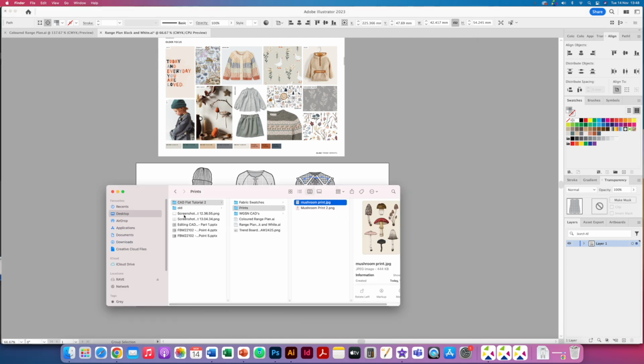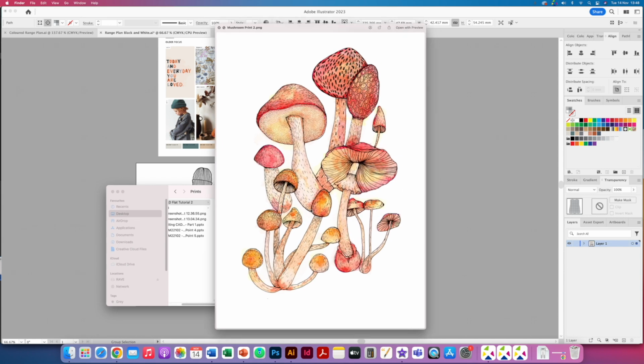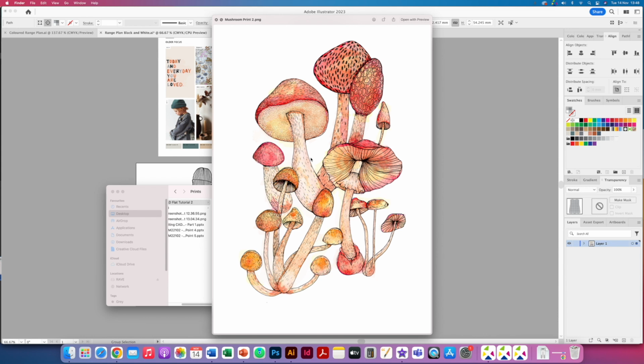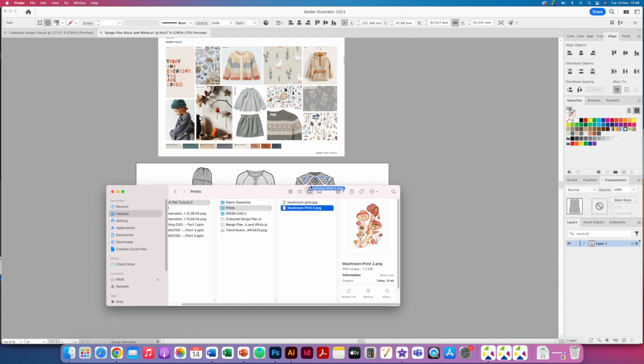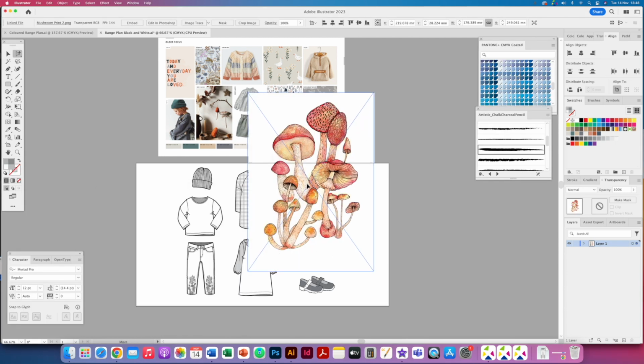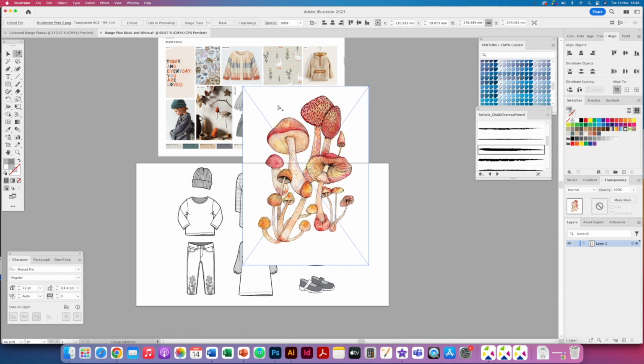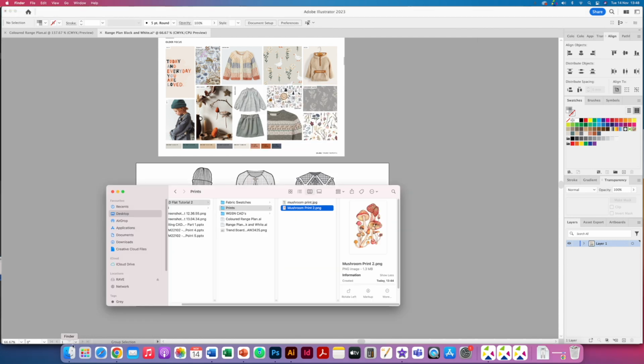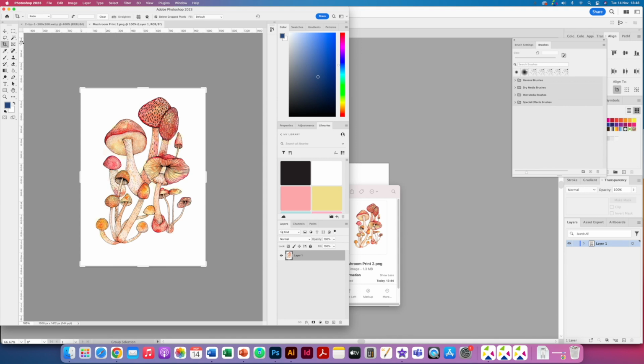So to do this, what I want to do is go back to my folder and start compiling some fabric swatches and perhaps some prints. So I've Googled some images, for example, some mushroom prints that I might need to go and edit further in Photoshop. So for example, that one, if I brought it onto my page, you can see it's got a big white background on it. So what I'd probably want to do with that is, a bit like we've done in the past, take that into Photoshop, get the magic wand tool, select it on the white, and remember